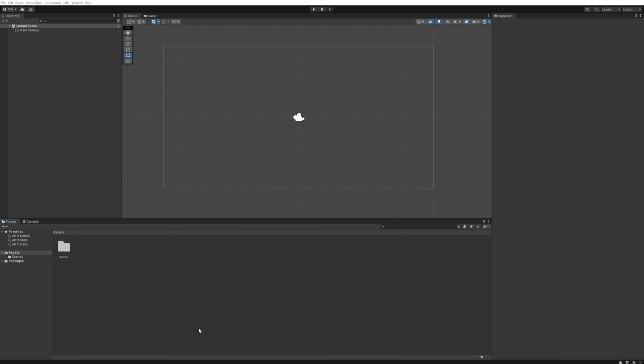Today we're making Flappy Bird, a relatively easy game to get your head around Unity and how to code certain